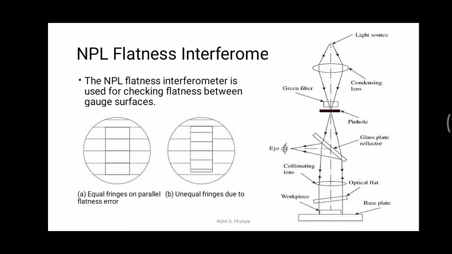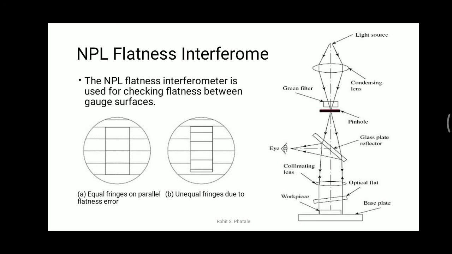So the light from this mercury source, or this mercury lamp, which is dispersed, we are going to gather or collect it on the green filter using this lens. This green filter will allow only one wavelength, or only monochromatic light, to pass through this pinhole.